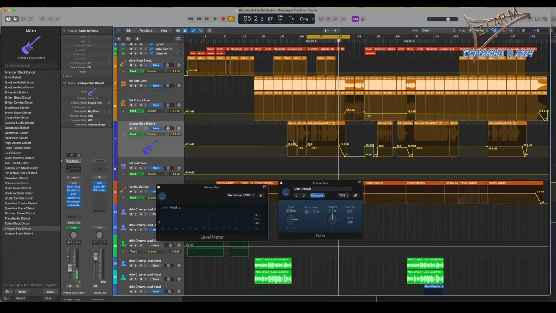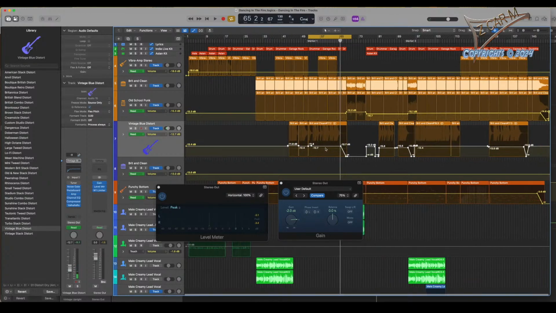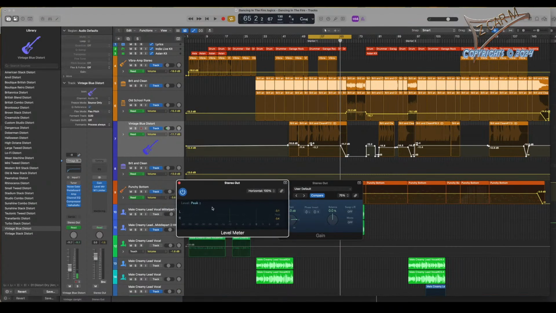Of course, there is another option what you can do. You can mark all your automation, okay, until it's getting white, and then you can drag them slightly down or up. This is a possibility as well to adjust your instrument which is maybe too loud or too quiet. Alright? But the gain option is a very, very good feature to bring down the volume from your entire track